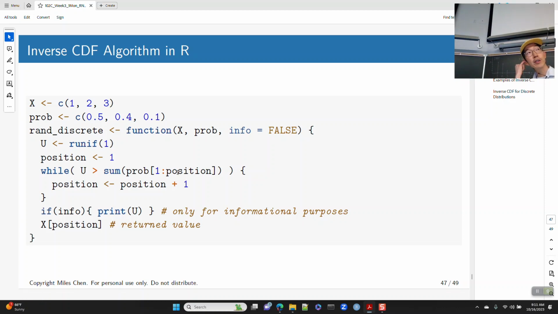Let's say I generate a value 0.8. All right, 0.8 should generate a 2. So u is going to be 0.8. I ask, okay, is 0.8 greater than the sum of the probabilities from 1 to 1? So I start off, and yeah, 0.8 is greater than 0.5. So I'm going to increment the position to 2. Now I say, what's the sum of the probabilities of the first two? 0.5 and 0.4. Well, 0.8 is less than that, so this is no longer true. It's going to kick out, and it's going to return